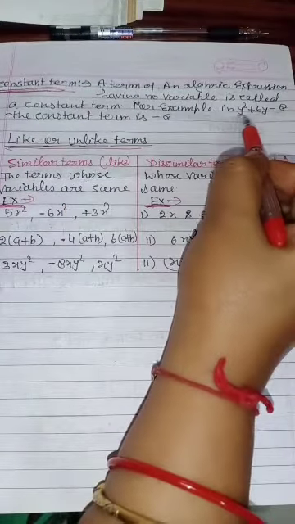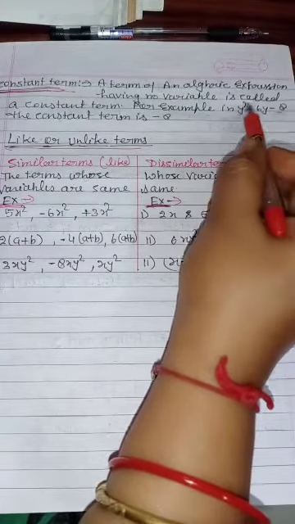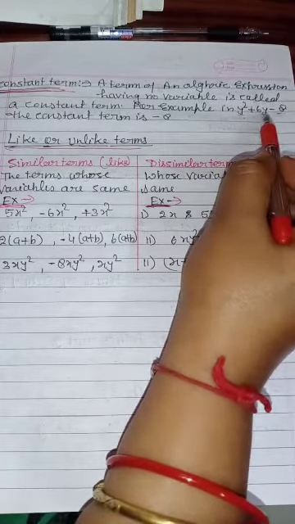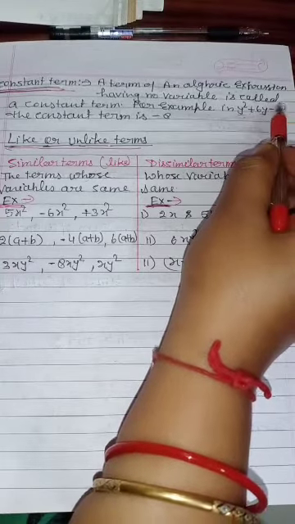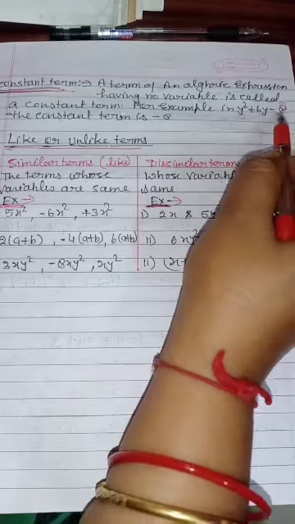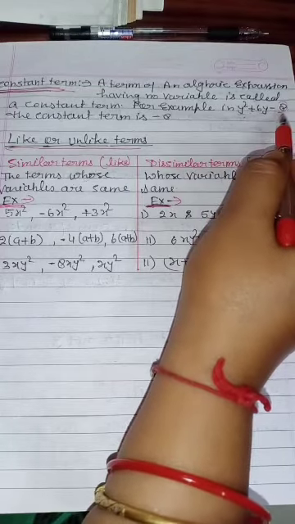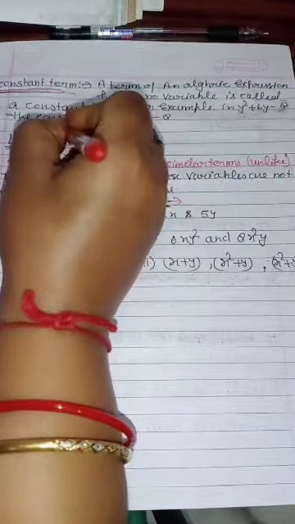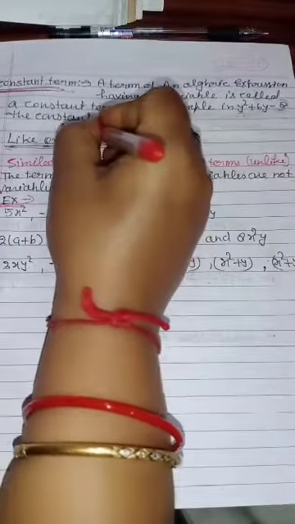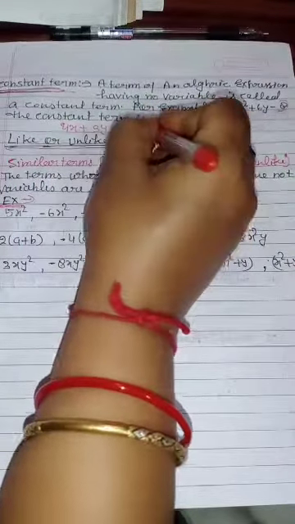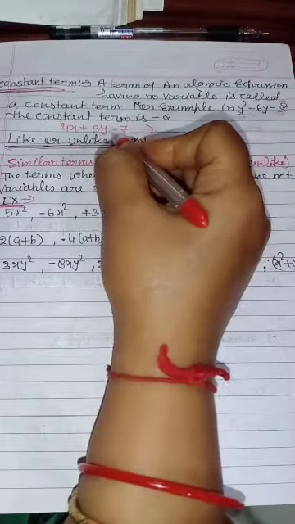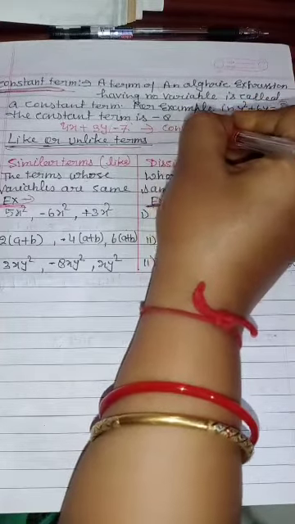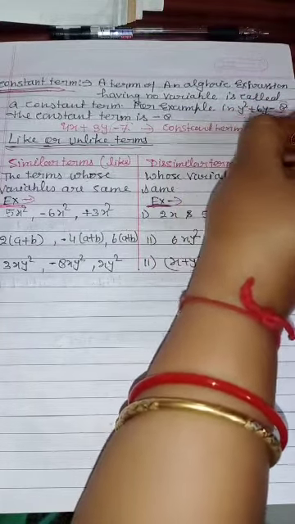You can see that in y square plus 6y minus 8, in the first term a variable is there. In the second term, a constant and a variable both are there. But in the third term only 8 is there. There is no variable. That's why this term is called the constant term. One more example I am taking: 4x plus 3y minus 7. Now can you identify the constant term in this? Minus 7 is not having any variable. That's why the constant term is equal to minus 7.